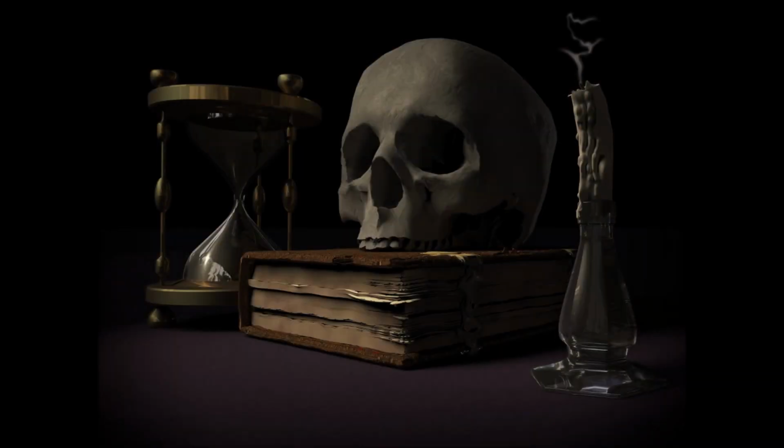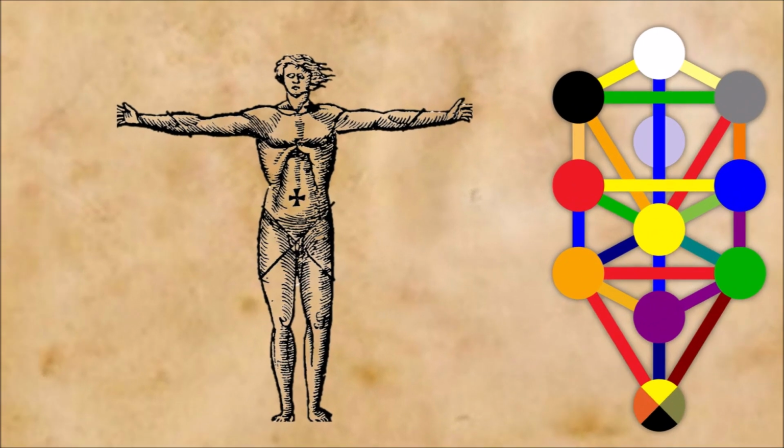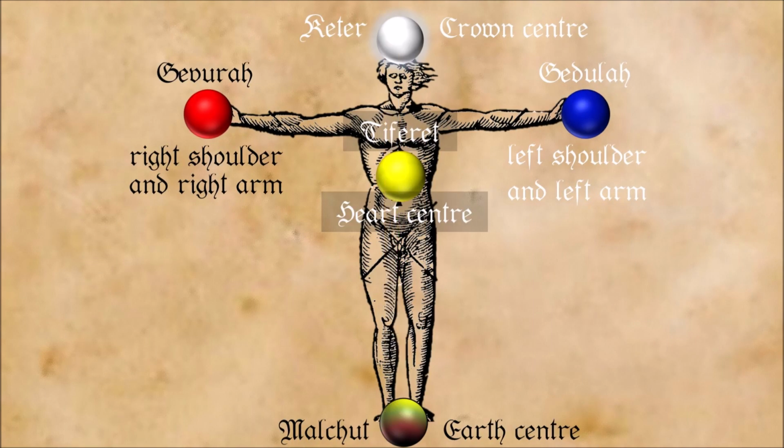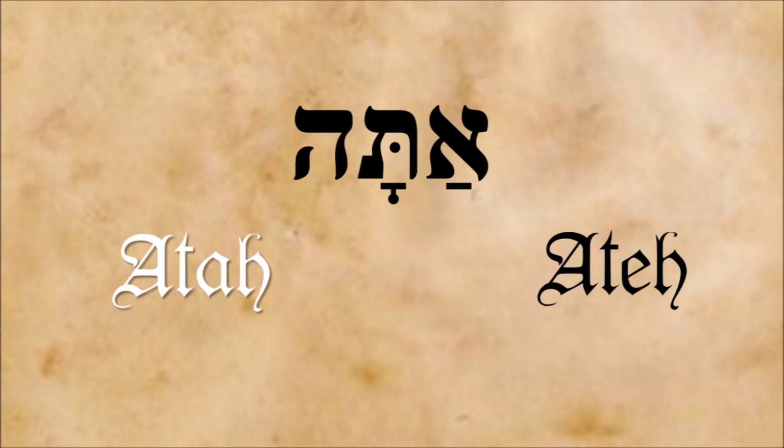At this point we would like to deal with a misunderstanding. Maybe you have already asked yourself why in various occult books or in internet pages about magic and ritual, versions of the Kabbalistic Cross appear which are slightly different. Often the Kabbalistic Cross begins there instead of with the Hebrew atah, meaning the personal pronoun you or you are,